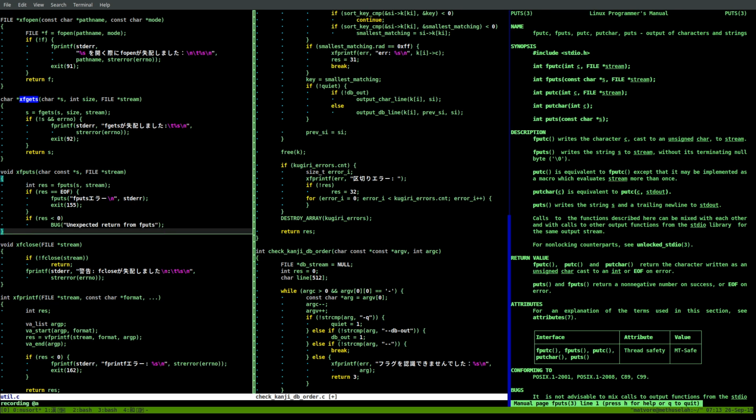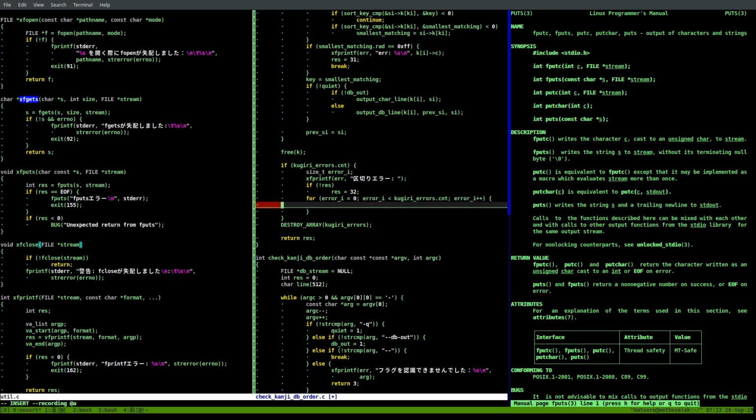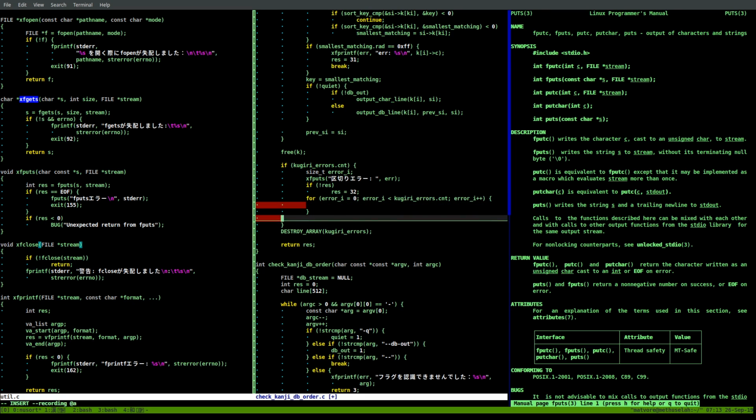Okay. So here, let's change this now. Xfputs. Xfputc. Down here, we'll do xfputc for the line break. All right, and here we do xfprintf, or xfputs, I guess, and we print the actual character, cookie errors.l error I dash c into standard error. Okay,